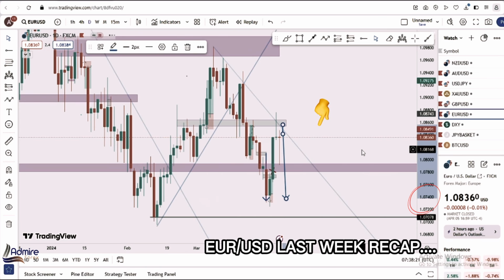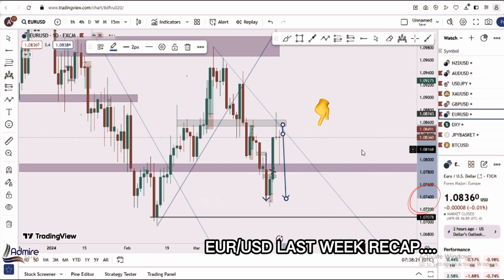Welcome back. I hope you can see how we predicted Euro USD into precision. We're looking for price to come back into this zone, which also matches with our trend line. If you look up here, price has retested once, twice, three times, and this is our fourth touch of the trend line. You guys know what the third and fourth touch means when price comes to retest a certain level for the third and fourth time. So we're having some massive bearishness in this space due to the fourth touch, all the way to the downside.